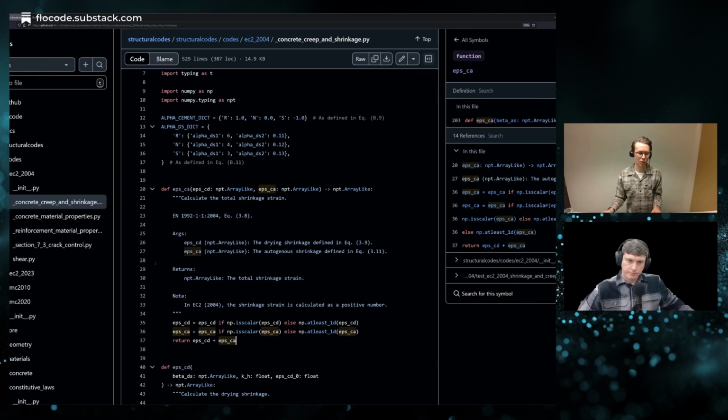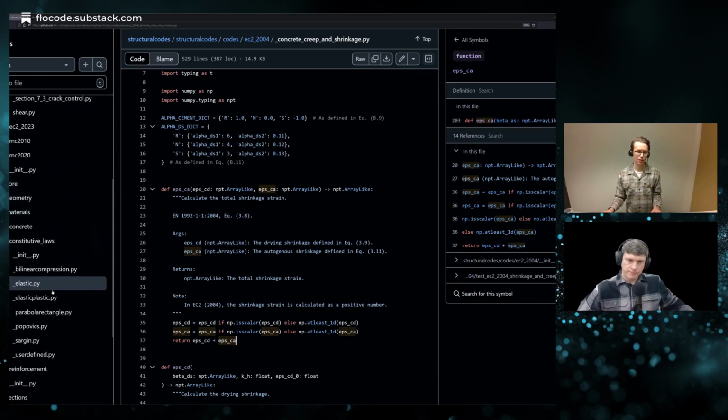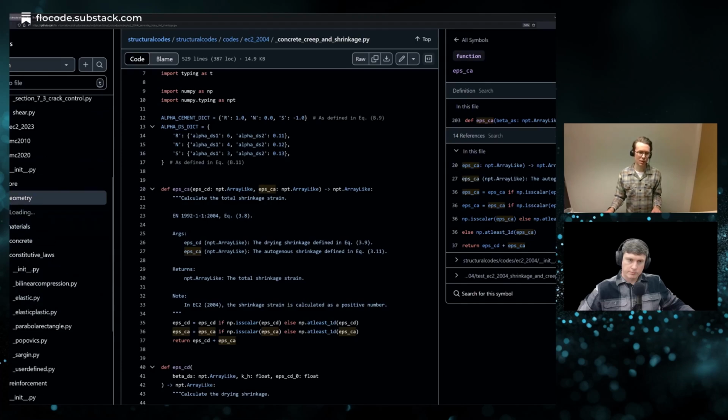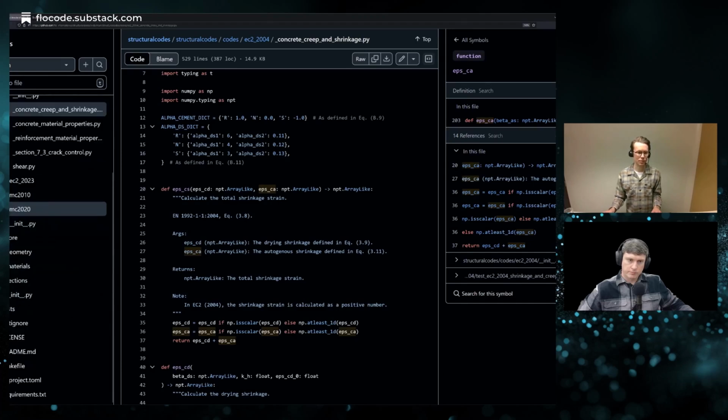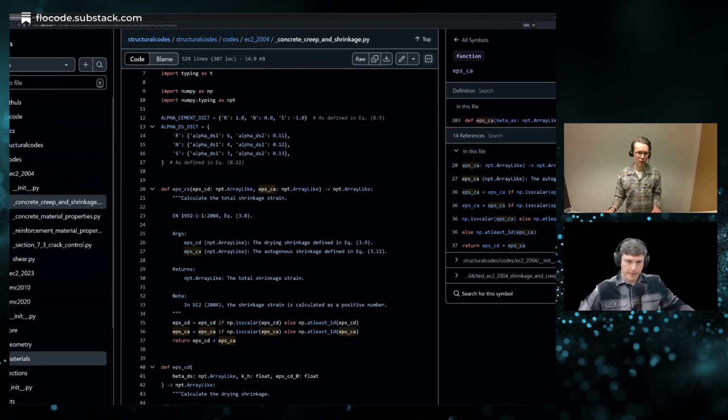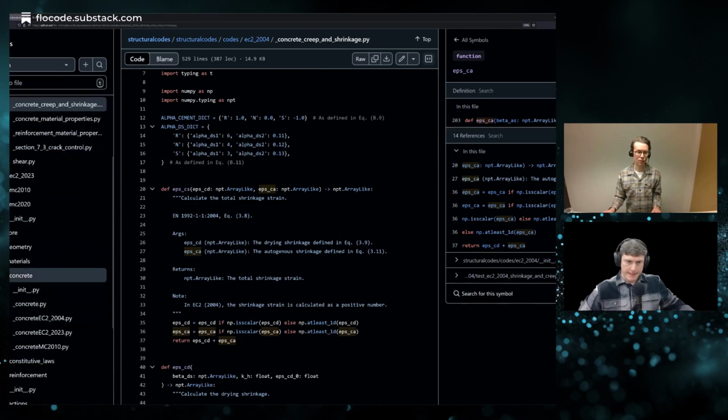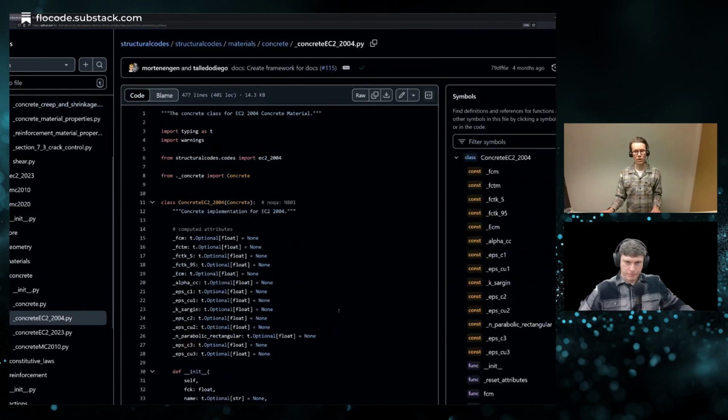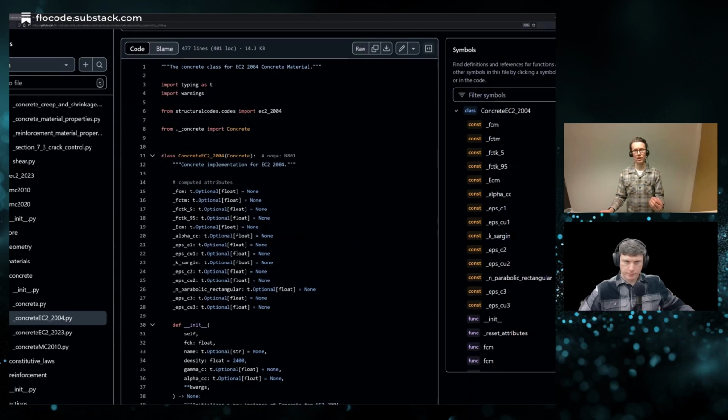So if we head over to classes, let's have a look at the material classes, and the concrete for Eurocode 2 2004, for example. A class is kind of a blueprint for something. A class could be a person, for example.